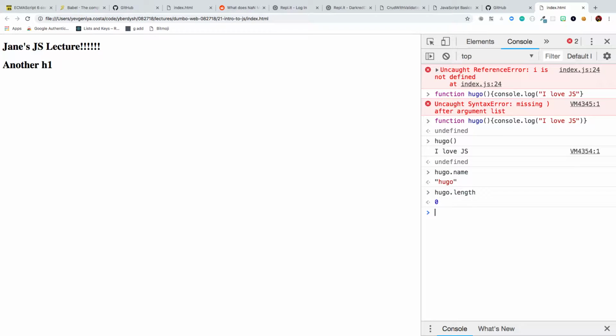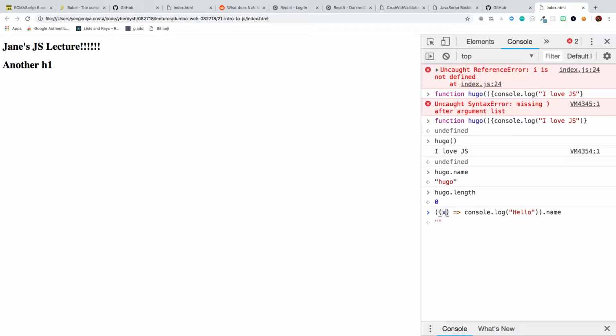Yeah, so you can do stuff like this. What if I had an anonymous function? So I'm not naming this function, and I console log hello. What would its name be? I can technically wrap this in parentheses as an entire unit, and then I can call things on it. So .name, look, it's giving me an empty string because it has no name. .length is going to give me 0.